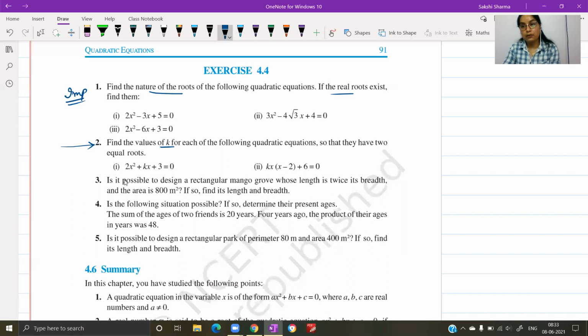आपको उस coefficient की value find out करनी है. The condition is the equation should have equal roots. So the condition for equal roots will be discriminant equal to 0. इसी को ही modify करके वो पूछ लेते हैं, find the value of k so that the equation has real roots. Find the value of k so that the equation has real and equal roots, or maybe real distinct roots, or maybe no real roots. जो आपके discriminant की 3 conditions हैं, वही conditions आपको question में दे देते हैं. So accordingly, you will form an equation for your discriminant and solve to find out k.